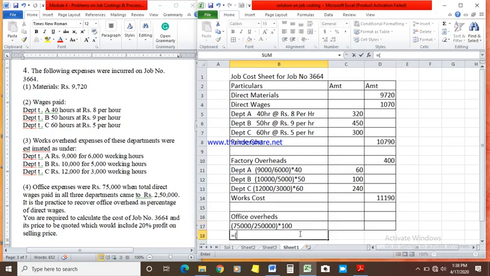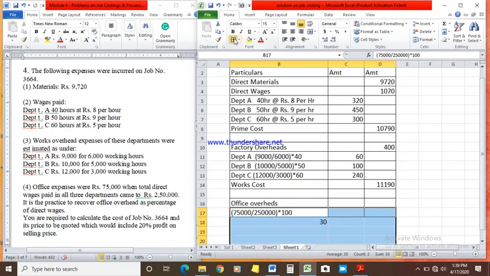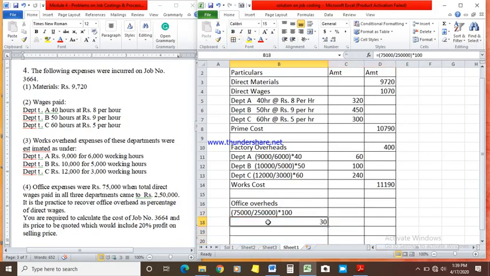So it is 30%, which means the office overhead is going to be recovered as 30%